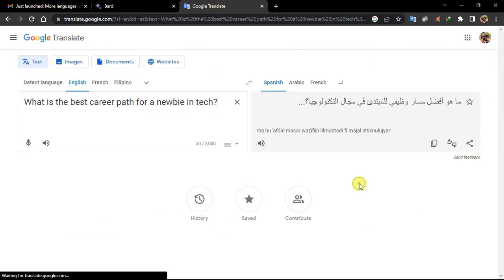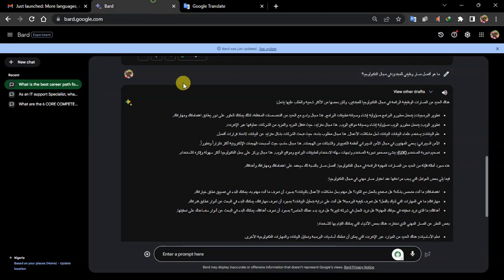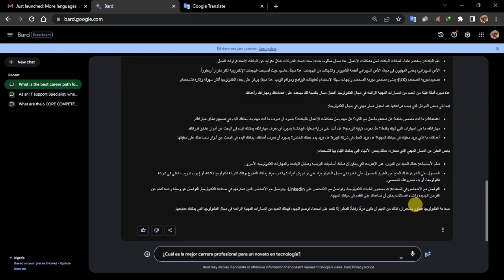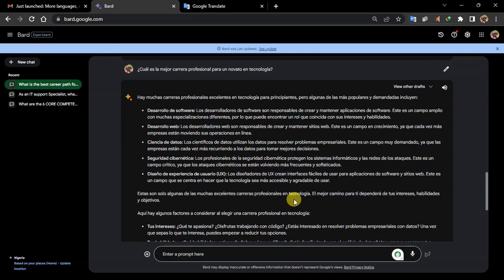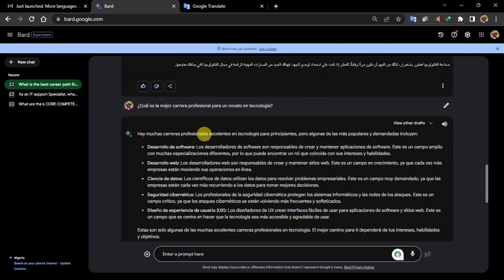Over here, click on this. I copy this, come over to this prompt, paste it, click on submit and see what it shows us. It actually gives us an answer in Spanish. So